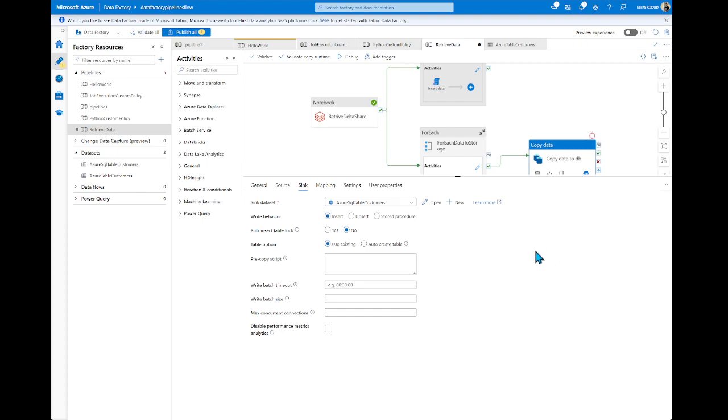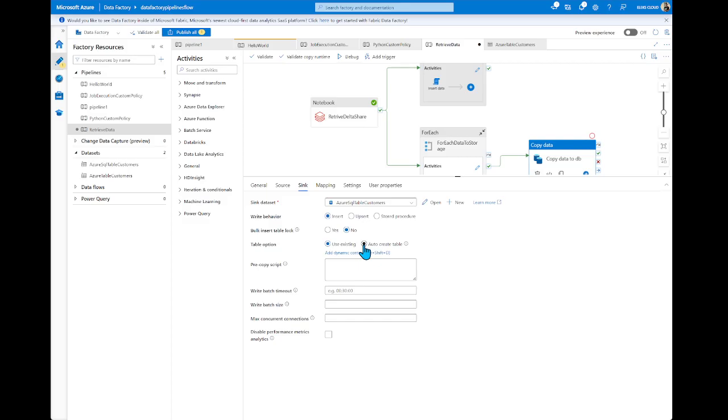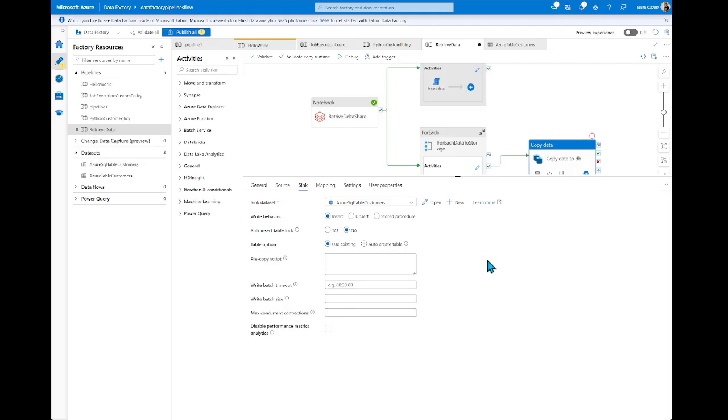We definitely can specify some table options. We are planning to use an existing table, but we can create a table from Data Factory as well. And in some scenarios, pre-copy scripts, for example, if you need some simple transformation, you can create the script here. Nothing specific.